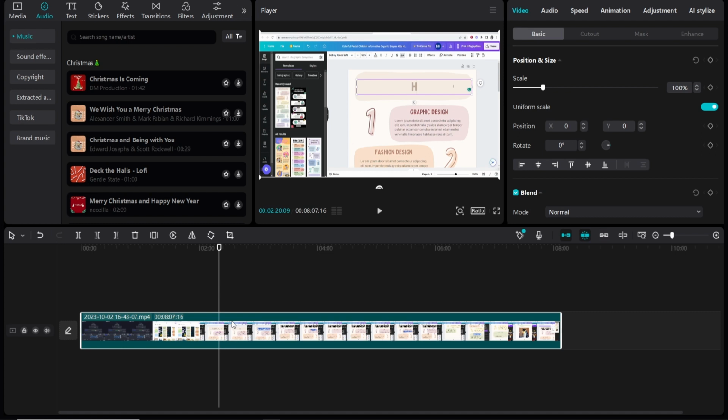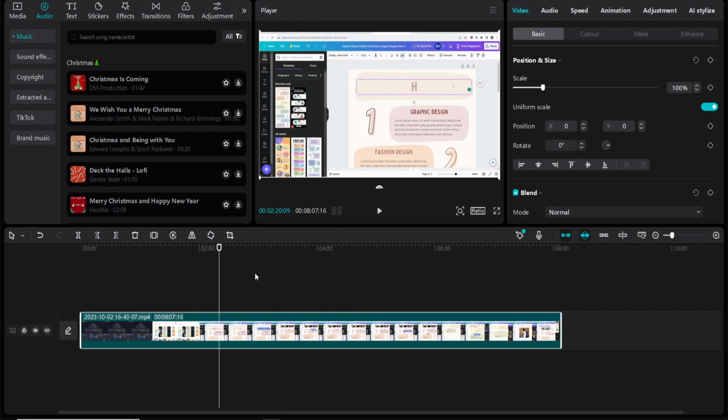In this video, I'm going to show you how you can use keyframes in CapCut. Now, keyframes can be super complicated or super easy to understand. It depends on how they're explained and how you use them. But I'm going to try my best to give you a very simple overview of keyframes. So once you're inside of CapCut and you've dragged on your video, we can go ahead and keyframe different properties